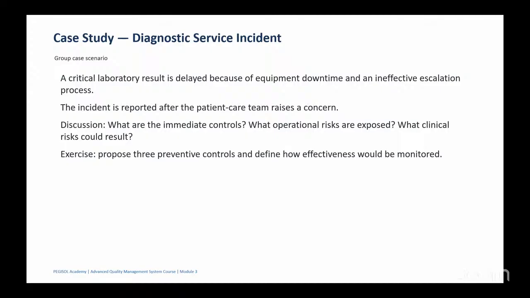Please take this. I will also send it to us. These are the 2 case studies we are going to handle, because advanced QMS is all about implementation, implementation of policies and programs that could help. We are not asking now what are the do's and don'ts of quality. We're looking at you being able to build frameworks, structures, and an understanding, and be able to build a system that can make QMS effective.